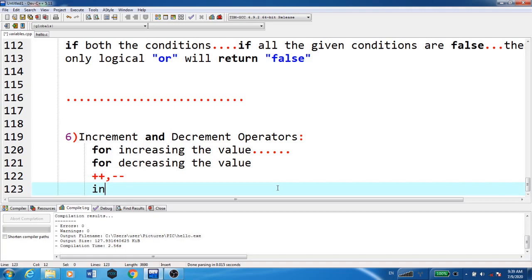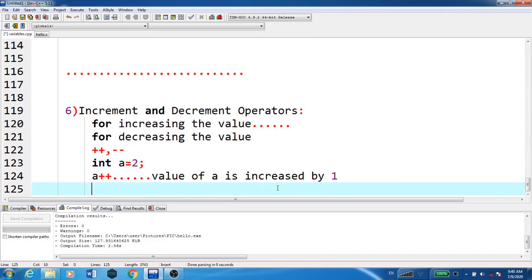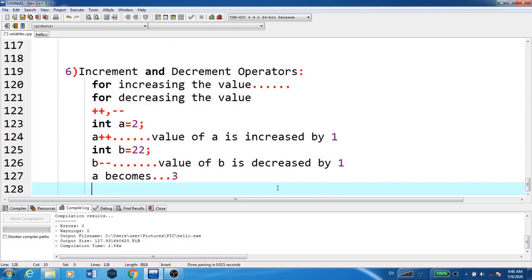Now here, int a is equals to 2, semicolon. a plus plus means it will increment the value of A by 1. Then int B equals to 20, semicolon. B minus minus means the value of B is decreased by 1. That is, A becomes 3 and B becomes 19.